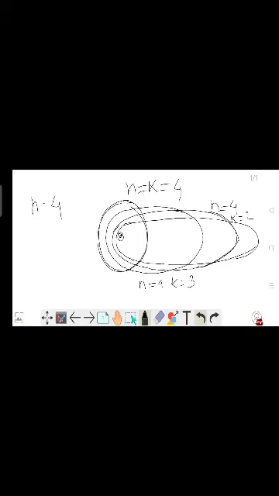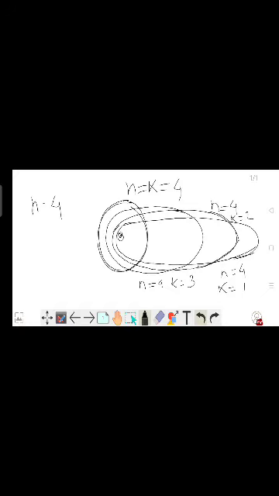For n equal to 4 but k equal to 3, the shape of the orbital is elliptical. With decreasing k value, the distance of the semi-major axis will increase. And for this orbit, n equal to 4 but k equal to 2, and that is the shape of the orbit where n equal to 4 and k equal to 1. So you can say that